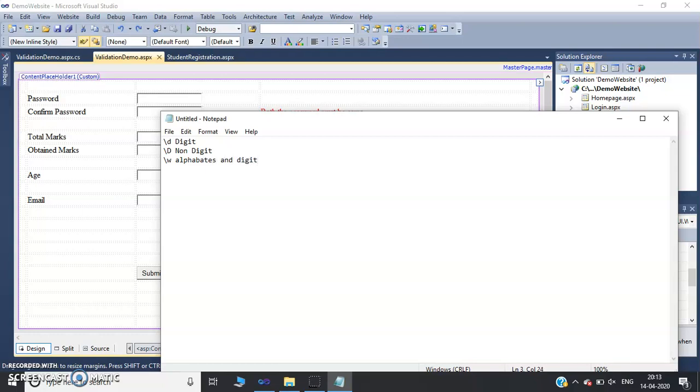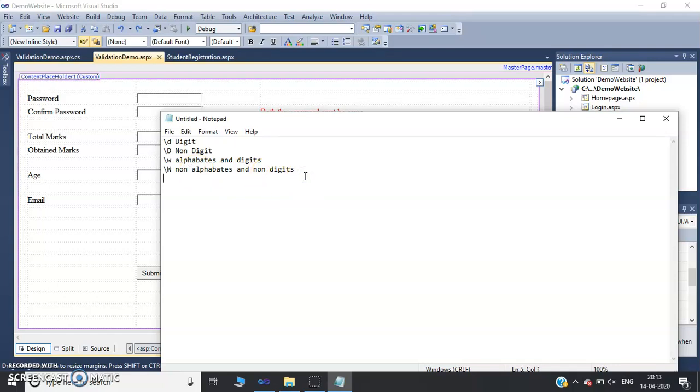In the same way, for capital \W, non-alphabets and non-digits means it will accept only special characters. So it will not accept alphabets as well as digits.